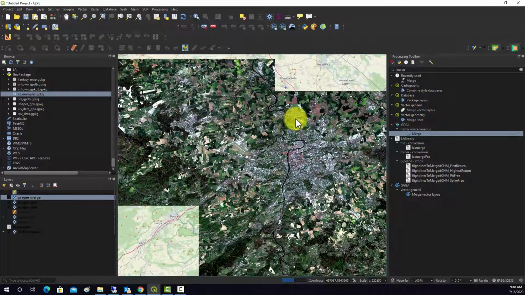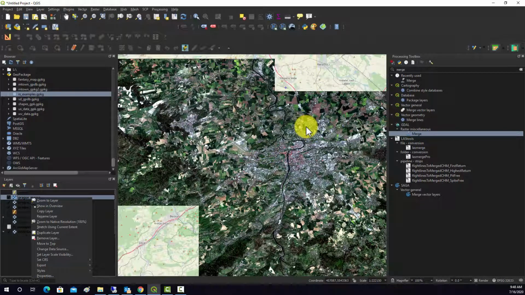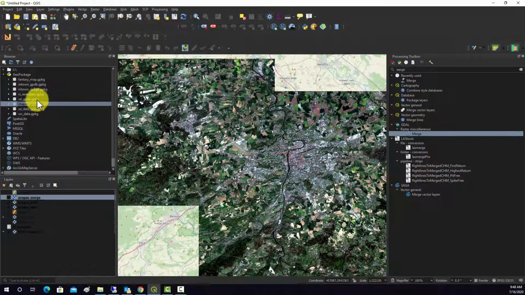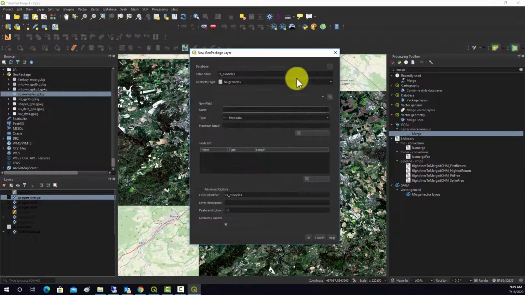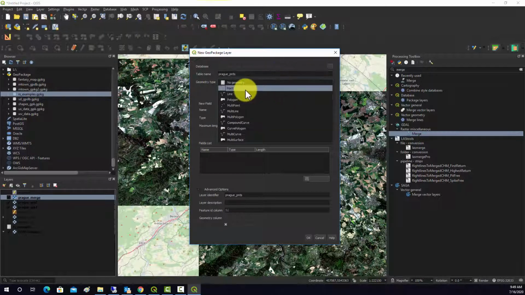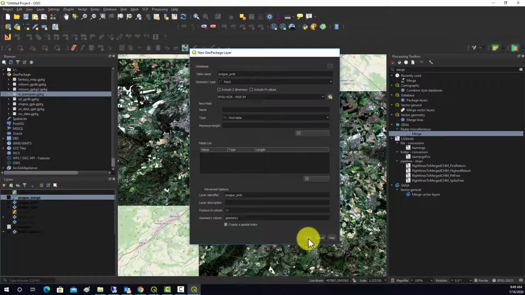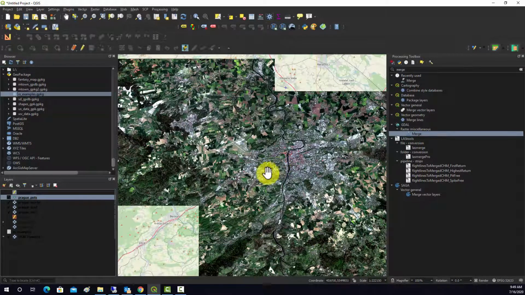And what we'd like to do is extract values at some point locations. So first thing I need to do is create some points. I'm going to go into this file, this geo package, and then I'm going to call this prog points, and set the geometry to point. Okay, and then we'll just create some points. So go into drawing here,